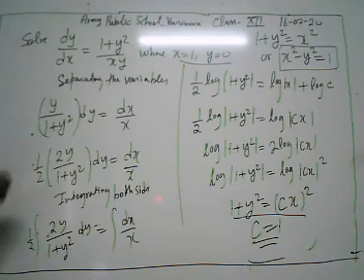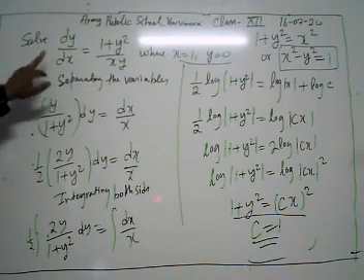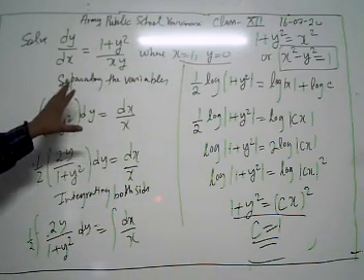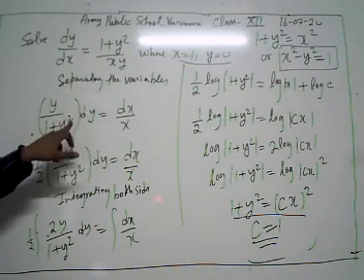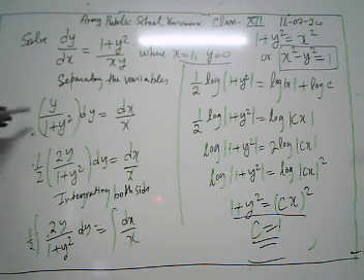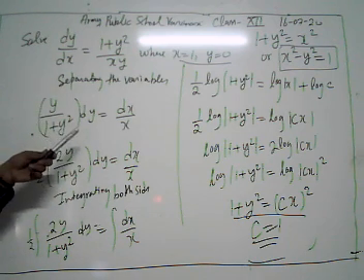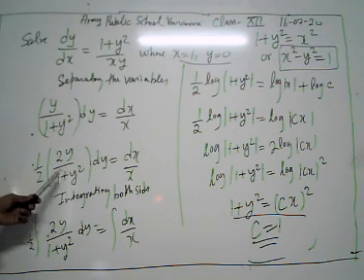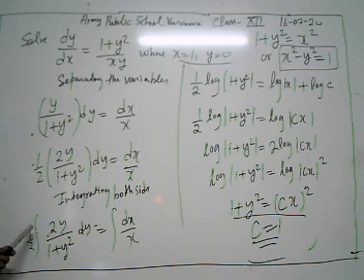Now again we are going to revise this problem. We have to solve dy by dx equal to 1 plus y square upon xy, where x equal to 1 and y equal to 0. First of all, we separate the variables. After separating, we have y upon 1 plus y square dy equal to dx by x. Then I multiply and divide by 2. Then we have 1 by 2 integration of 2y upon 1 plus y square dy equal to integration of dx by x. Now we get log in terms of both variables, so our constant comes out in terms of log.